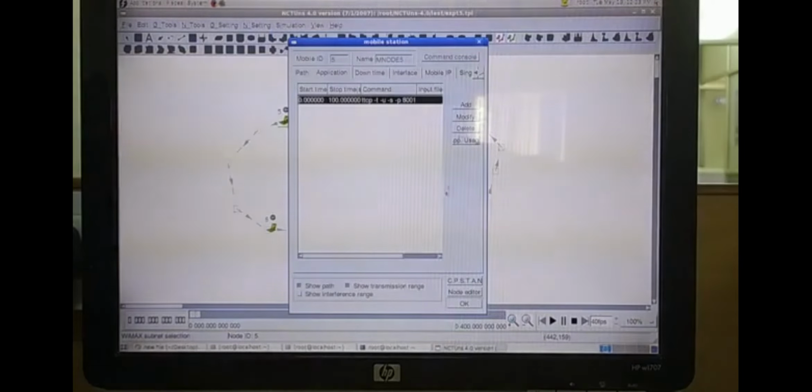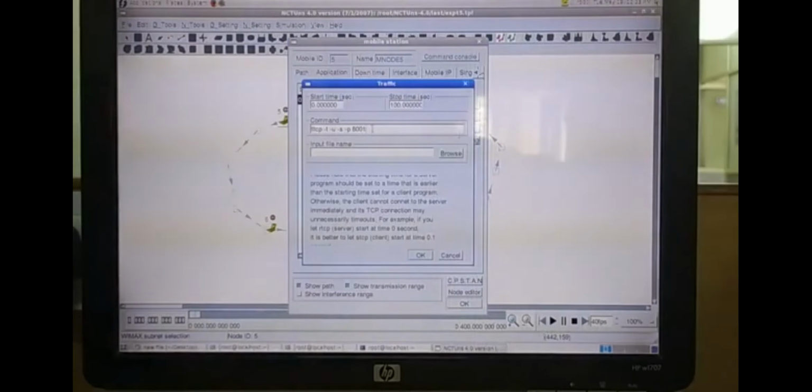I forgot to mention here to whom this mobile node is sending packets. We need to define the IP address of that, so I modify that now. This command needs the receiving node's IP address, which we already noted: 1.0.1.1. So I copy this so that I can repeat the same thing for the other nodes also.